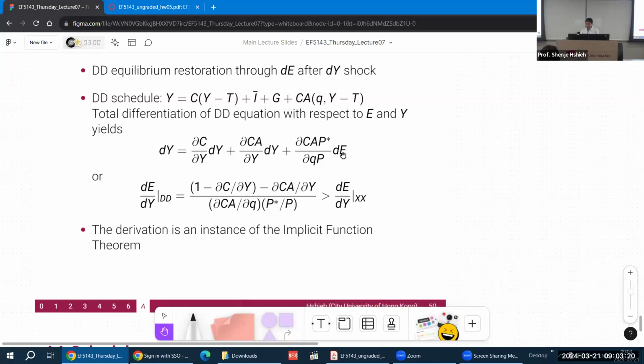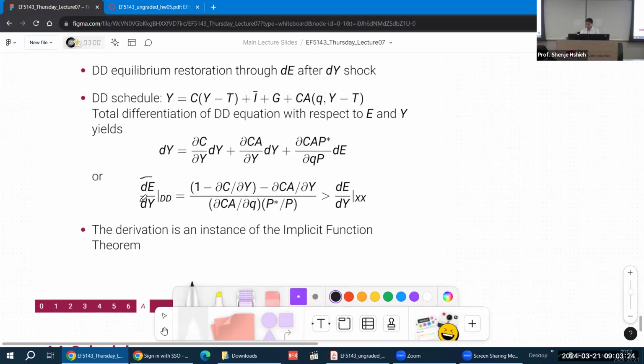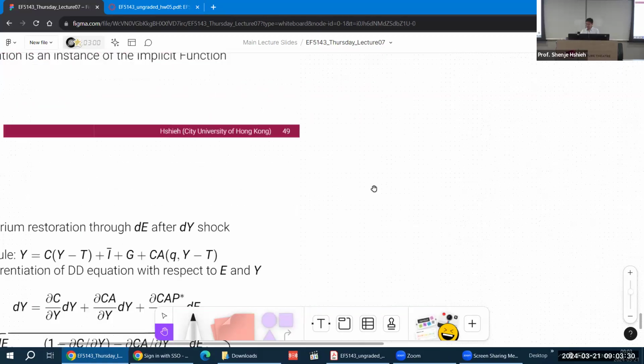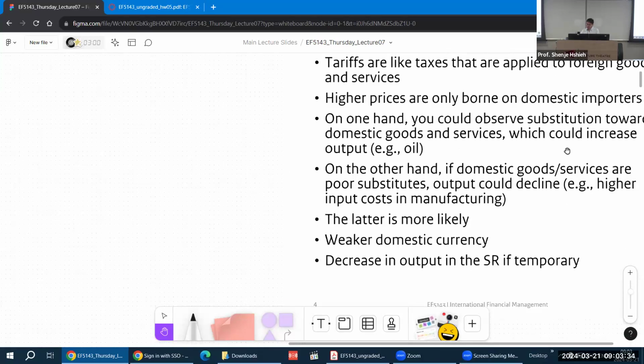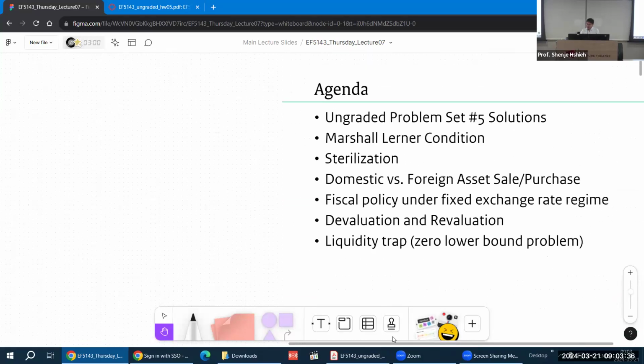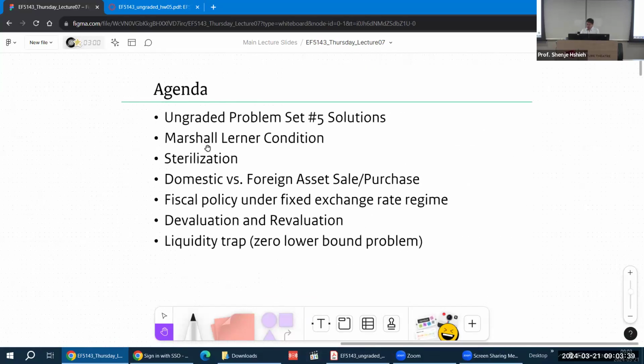In any case, I'm going to go through the solutions to show you how it's done. I'll prove this to you very soon, but let me give you the context first of what the problem set is asking. Let me go through that, and then today's agenda is to understand